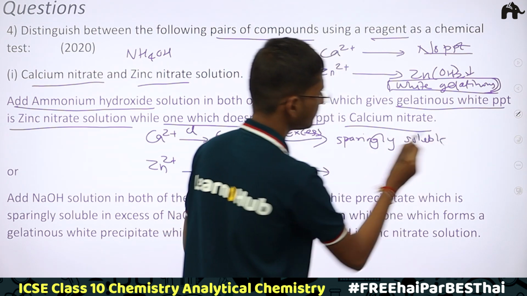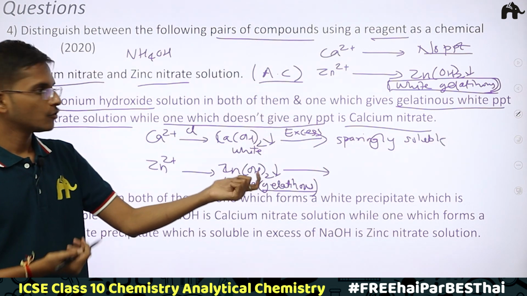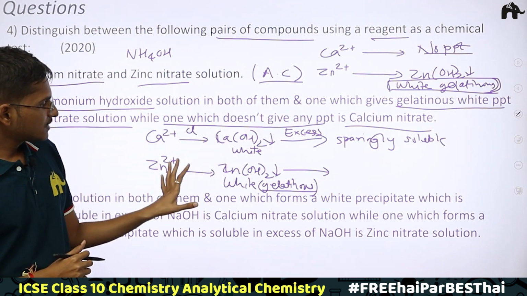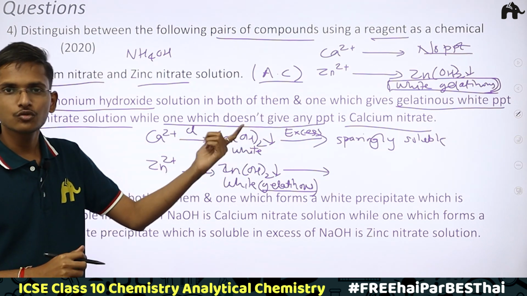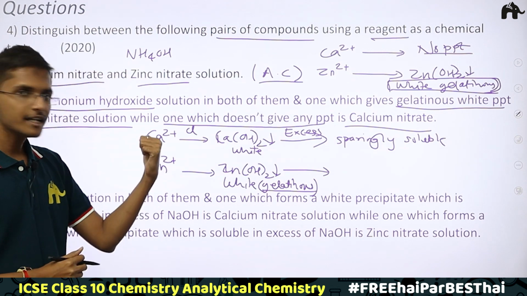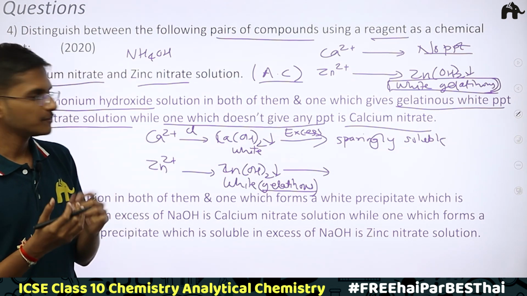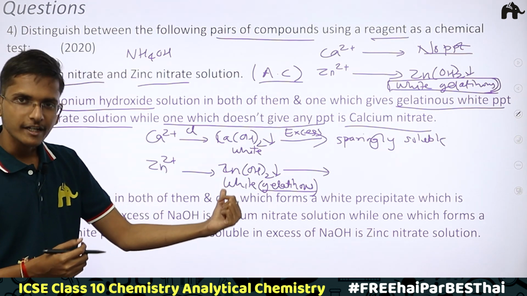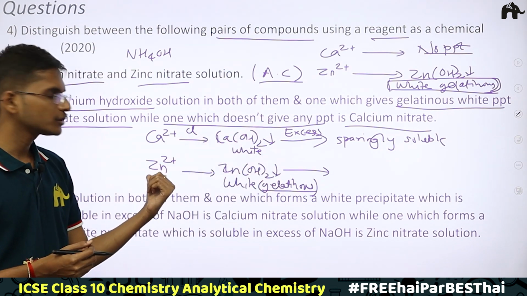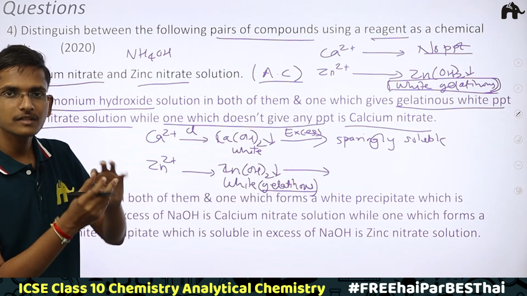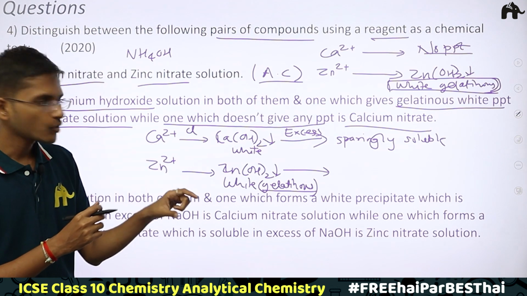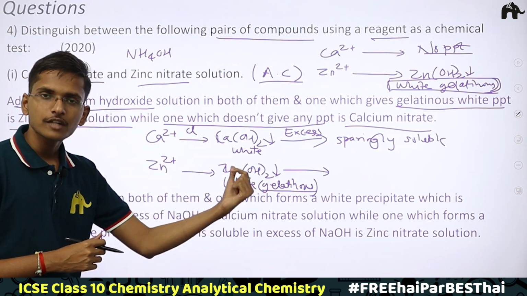So yes, if we can make it more clear, then we can. See, in the case of calcium and zinc salts, we can make it more clear to distinguish. If this was zinc salt and lead salt, then it would be somewhat difficult, right? Because zinc salts also give us white PPT, which is soluble. Lead salts also give us white PPT, which is soluble. Now in that way, the only distinguishing point is the white PPT which is found in case of zinc salt